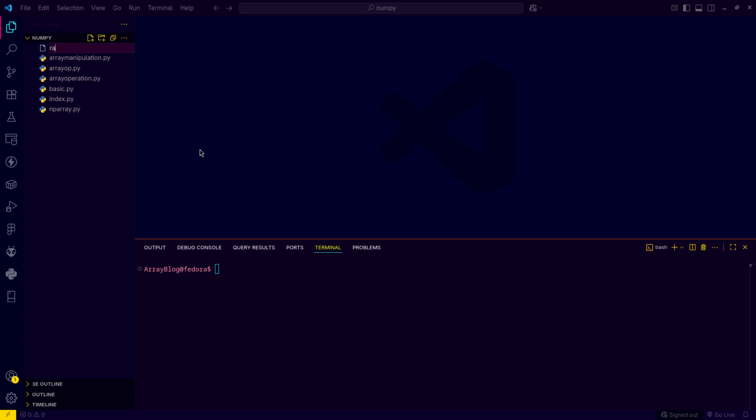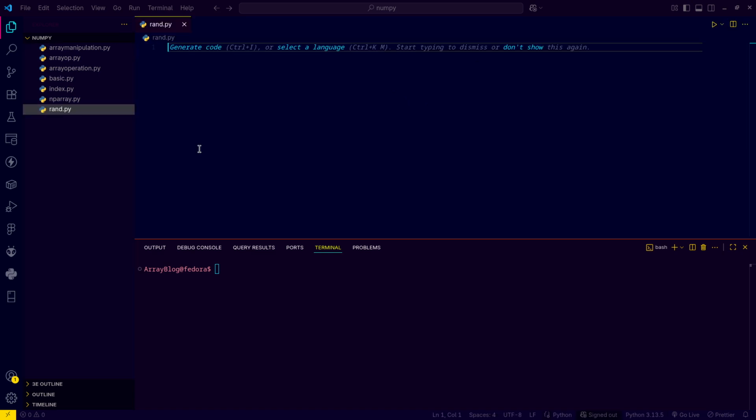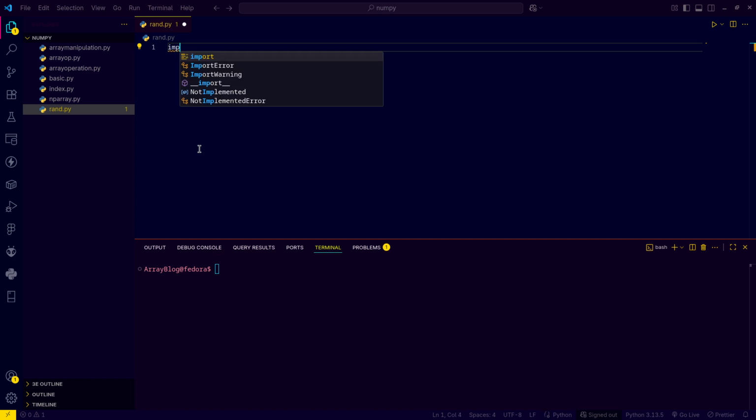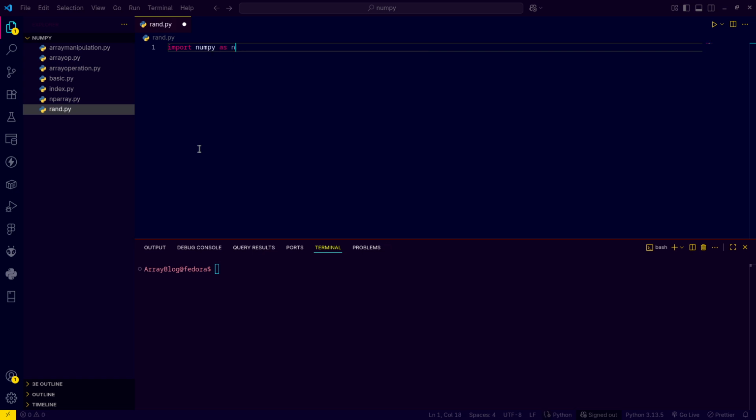We'll call it random.py. Now we'll import numpy first. So import numpy as np. Now what we're going to do, we are going to generate a random number between 0 and